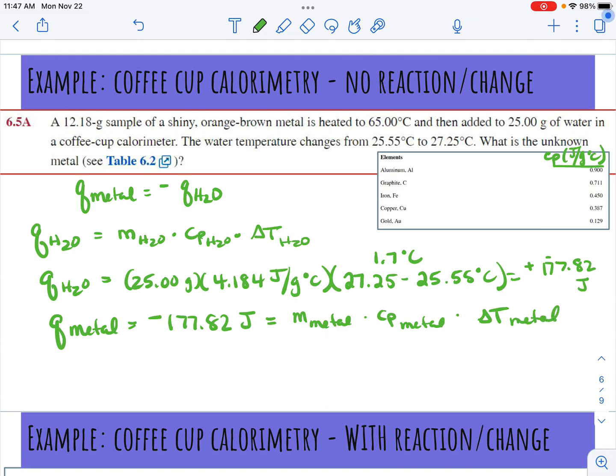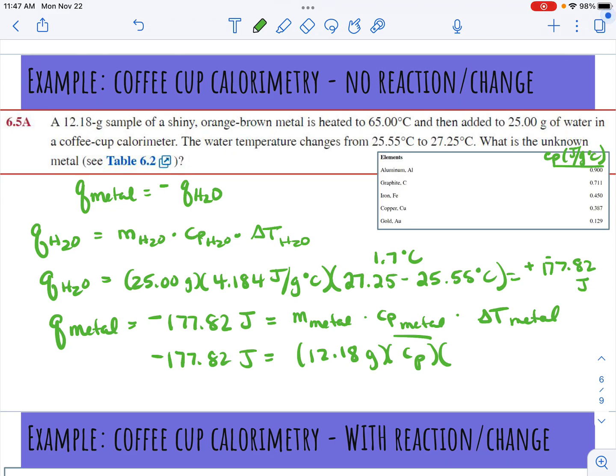So we're going to plug in these values and solve for specific heat capacity. So this would be negative 177.82 joules equals the 12.18 grams of the metal times its specific heat capacity that we're solving for times the temperature change of the